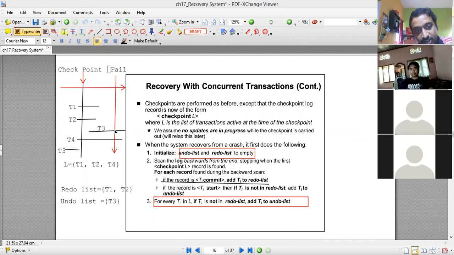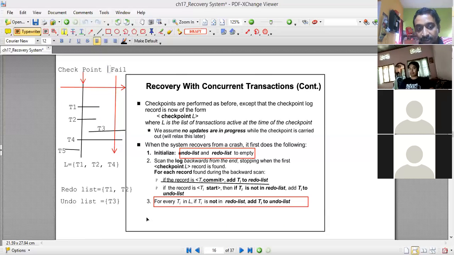We see that transaction T3 has T3 start, but it does not have the T3 commit statement before the system fails, and T3 is not included in the redo list. Therefore, T3 will be added into the undo list.